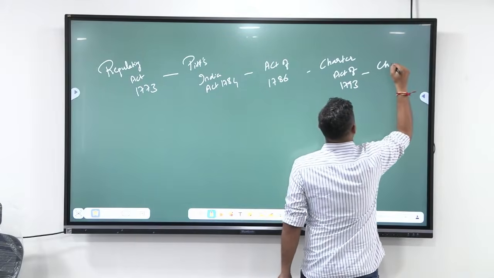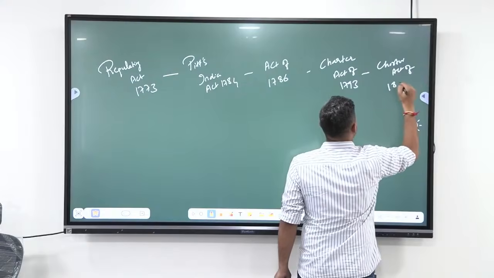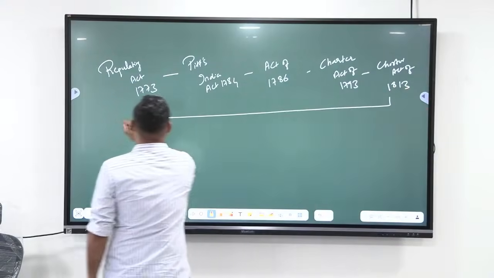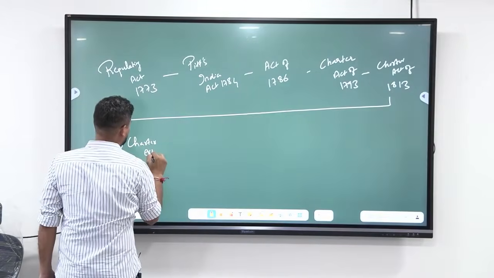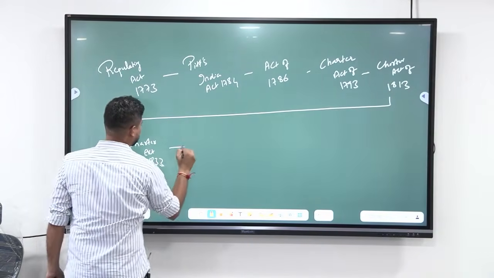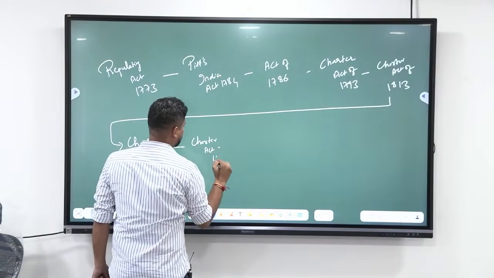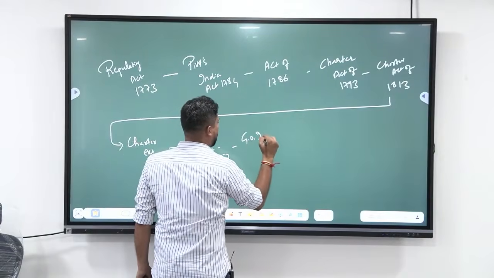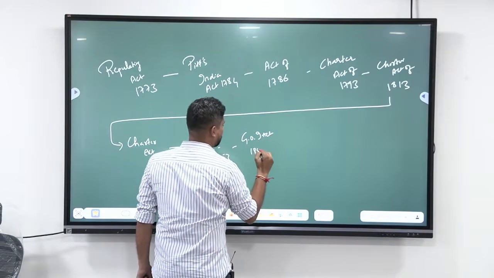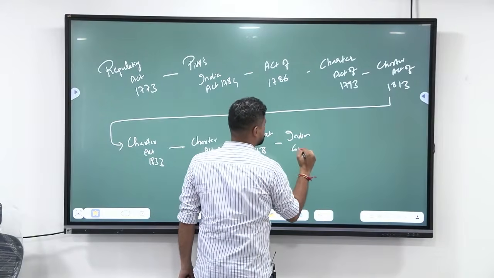Then comes the Charter Act of 1813. Then comes the Charter Act of 1833. Then comes the Charter Act of 1853. Then comes the Government of India Act 1858. Then comes the Indian Councils Act